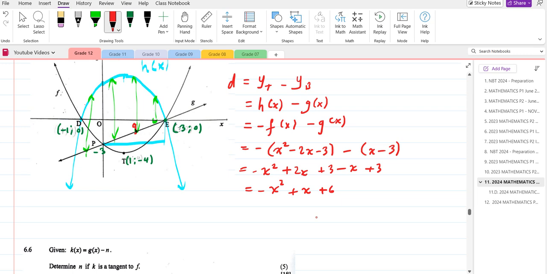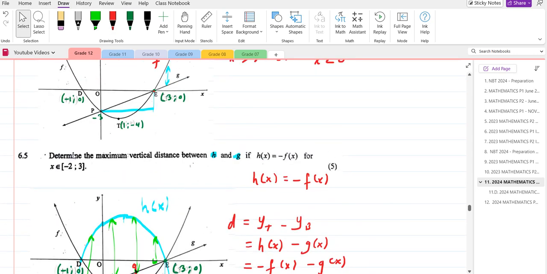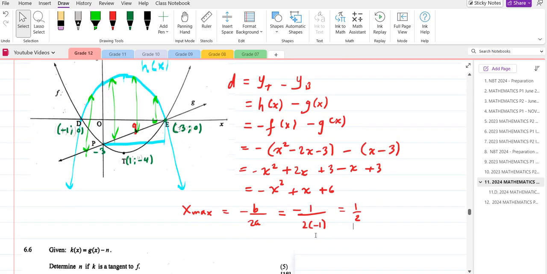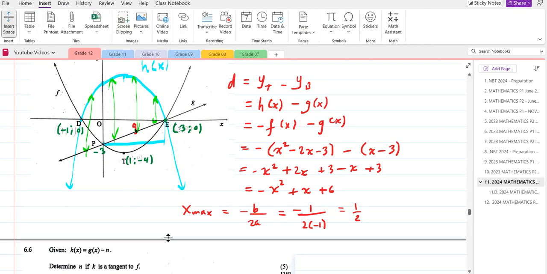To find the max value, find x max: minus b over 2a. Minus b over 2a is minus 1 over 2 times minus 1, because the value of b is 1. So we just get half. The value of half is between minus 2 and 3. Right, so problem solved? No, we still need to find the maximum vertical distance. So max distance